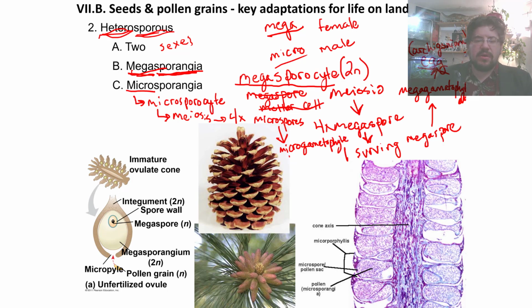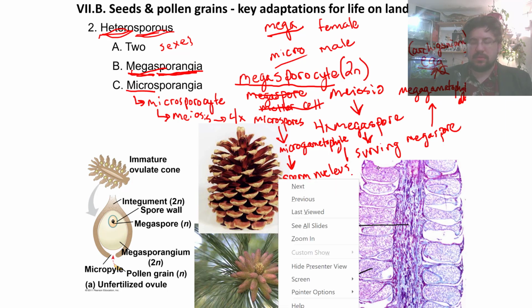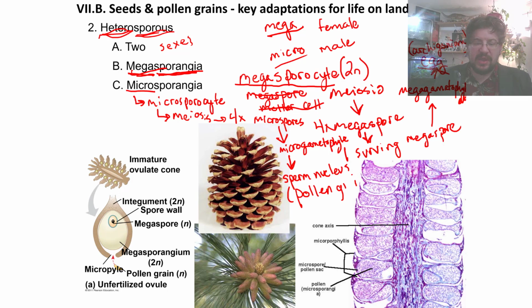And inside the microgametophyte, we produce the sperm nucleus. So, the sperm nucleus is contained inside a pollen grain. It is contained inside the pollen grain. Okay, so we're going to be driving this little differentiation thing home